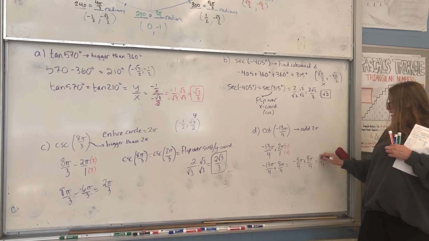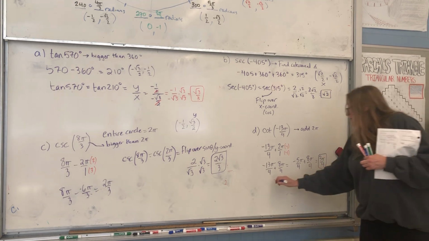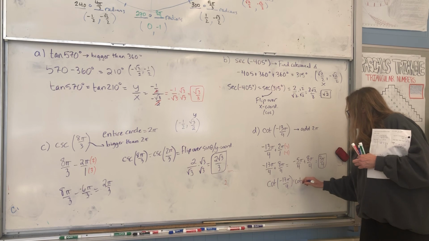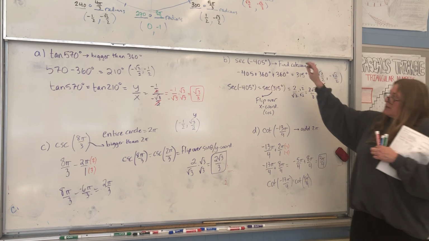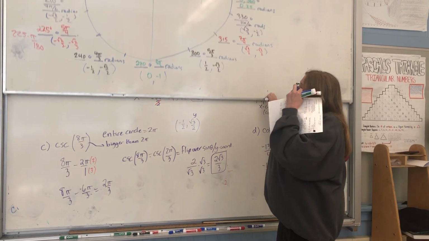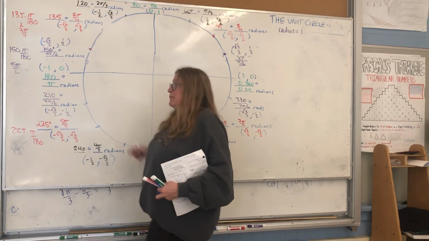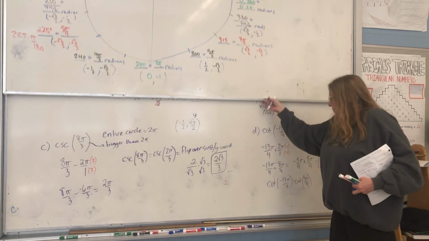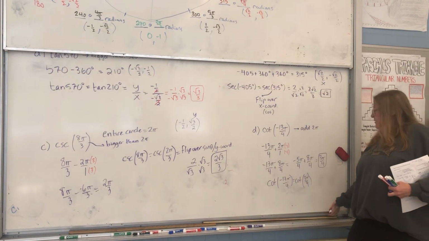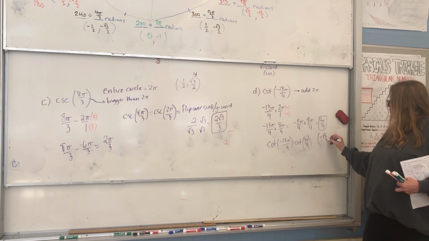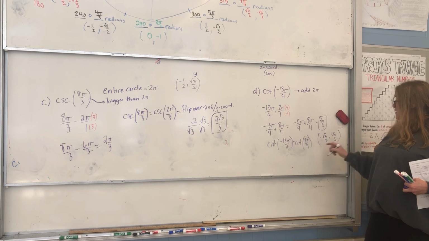Okay, phew. Now we're in the unit circle. So they want me to find the cotangent of negative 13 pi over 4, which is the same thing as the cotangent of 3 pi over 4. Well, what are the coordinates at 3 pi over 4? Let's check. The coordinates are negative root 2 over 2, comma, root 2 over 2. And they want the cotangent. So the cotangent